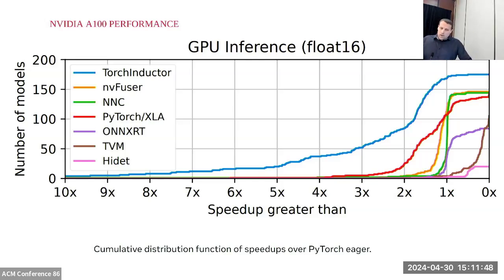And then if you look at the other backends, you can see that XLA is generating speedups between 3x and 1x on lots of models, but it's also generating slowdowns in other models. For NNC and NVFuser, most of their speedups are clustered around 1x. And the reason for this is that they actually use PyTorch eager mode and only compile subsections of the model. And then ONNX, TVM, and Hidet are both primarily generating slowdowns compared to